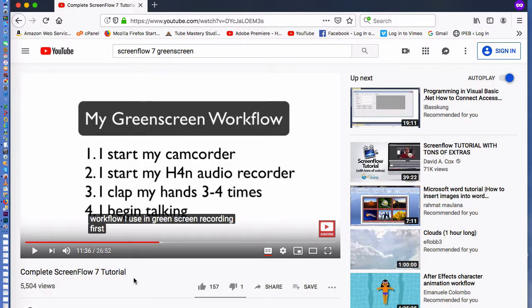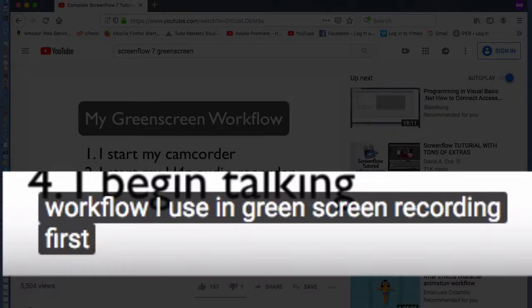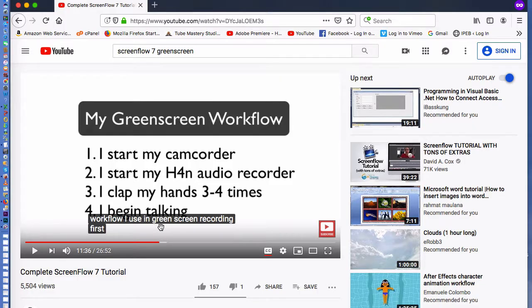And as you can see now, I'm at 11 minutes and 36 seconds. I mentioned this several times, the word green screen, because that was one of my keywords. That was one of the keywords I was targeting. And so as you can see, YouTube right here, when I say green screen in my video, it can read that. And I mentioned green screen several times in my video because there was a part of the video about that.